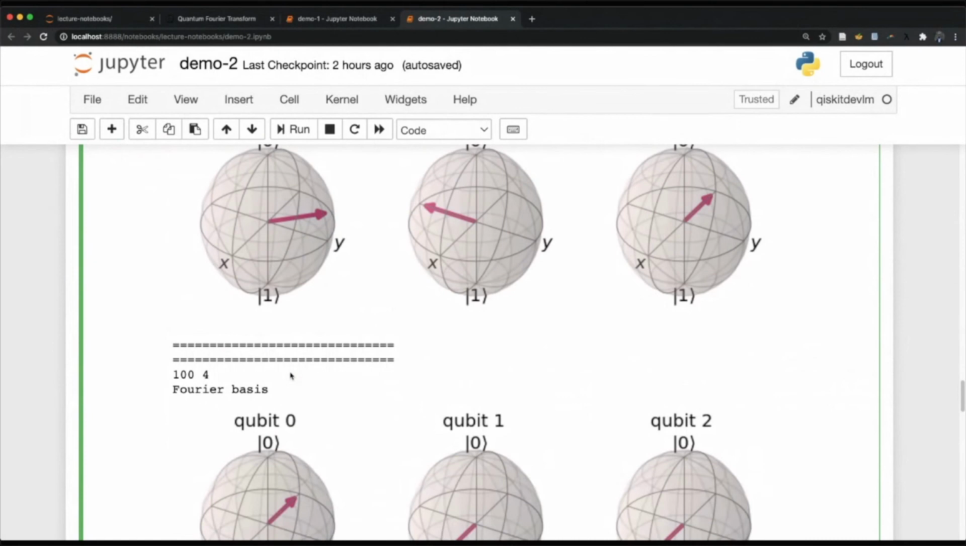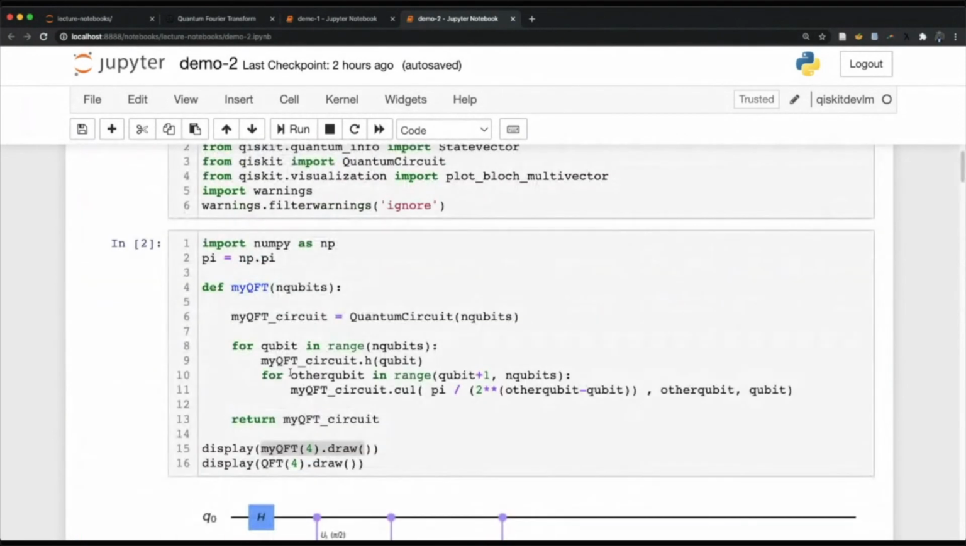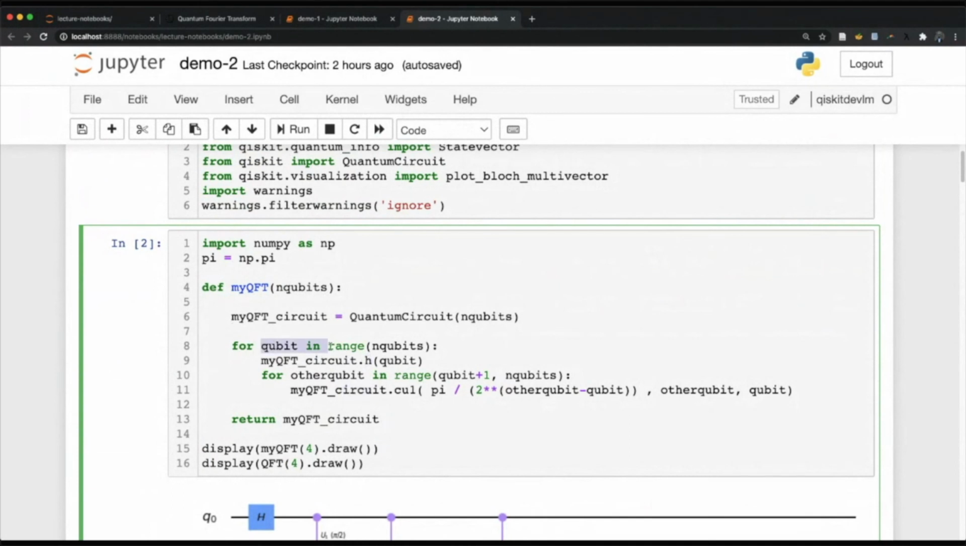But I hope this has convinced you that writing down the QFT at the end of the day boils down to writing this loop. It's applying a Hadamard and then a series of rotations and doing that for all the sets of qubits. Okay, I think we're on the top of the hour. I hope you're convinced that the implementation of the quantum Fourier transform circuit is, as we've seen here,